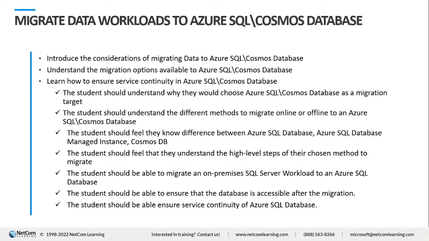It's not only the multiple read copies that it has, the geo copies. In fact, you can actually go ahead and have multi-writes. It gives you the options of API for MongoDB, Cassandra, Gremlin, SQL, and tables. These are different, so at the end, you can decide where your data is going to go. Is it going to go in SQL, as SQL in PaaS, or should I go ahead and make use